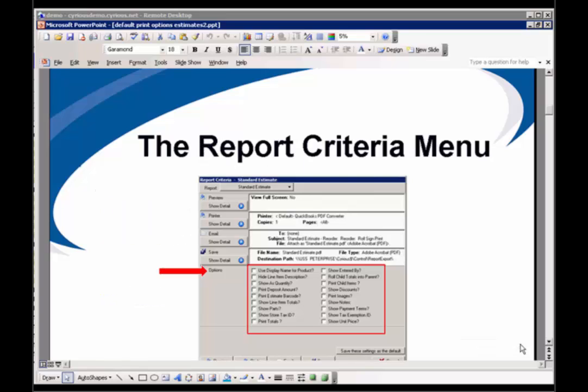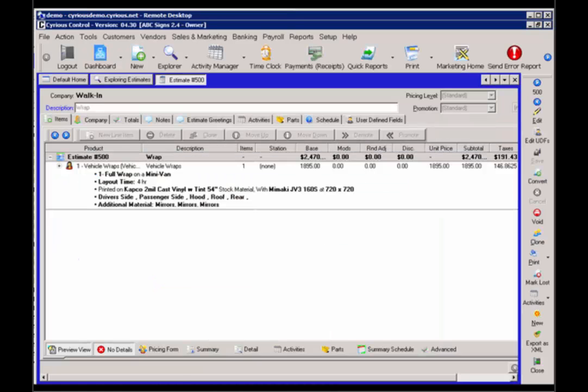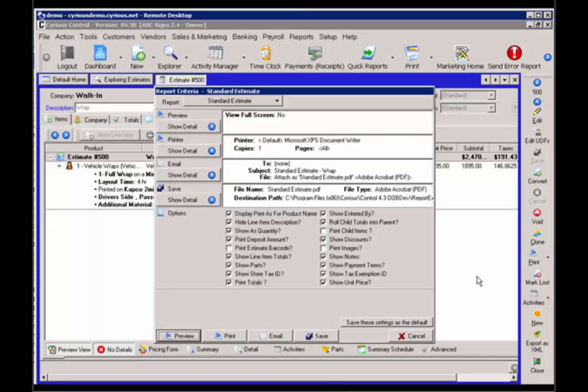Estimate options in Control are selected on the report criteria menu. In Control, I have an estimate open here. On the right action bar, I'm going to select standard estimate from the print button, and our report criteria menu appears. We're going to focus on the options on the report criteria menu, go through each one and see how they